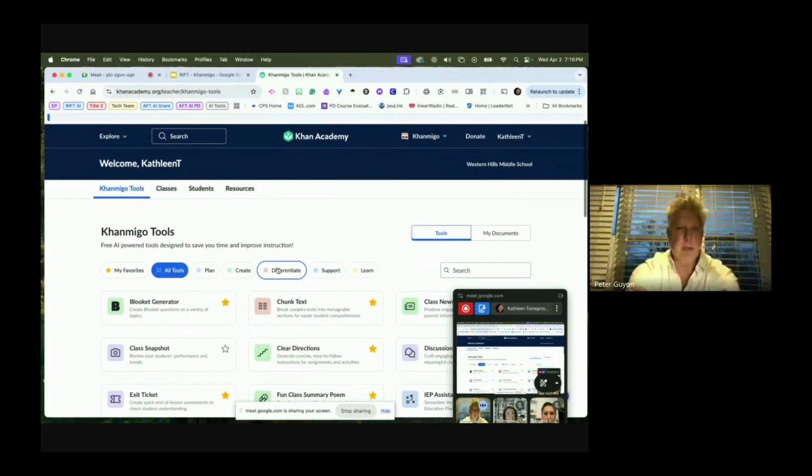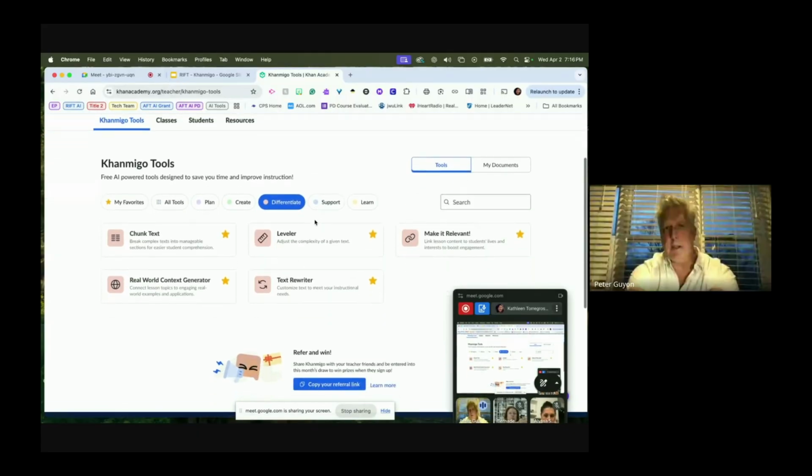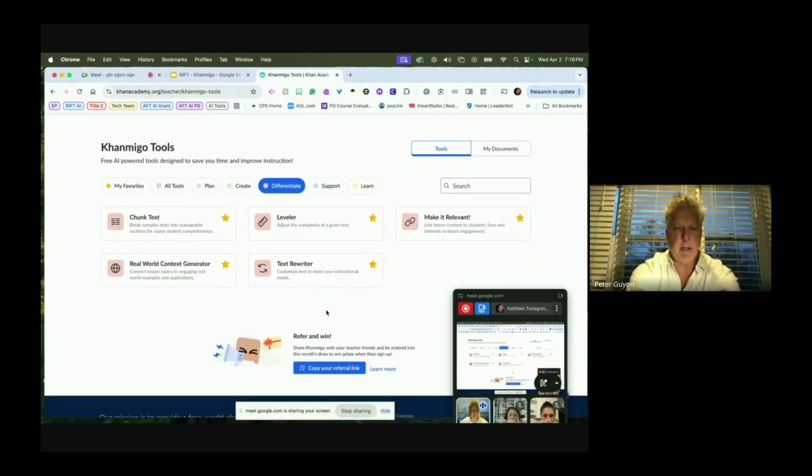Kat, can I just quickly add something to that? Yes. One of the nice parts about making it relevant is if your kids really like something, whether it's soccer, Fortnite, music, or art, it'll make it relevant around what they like.